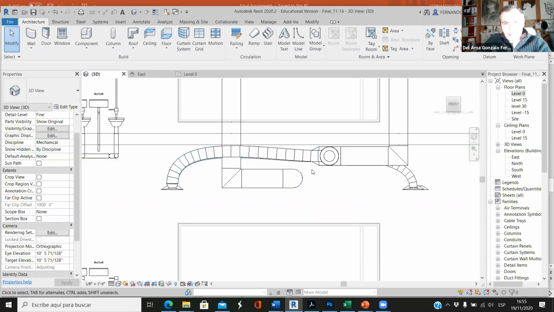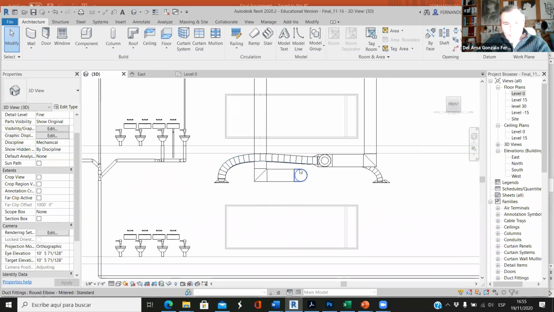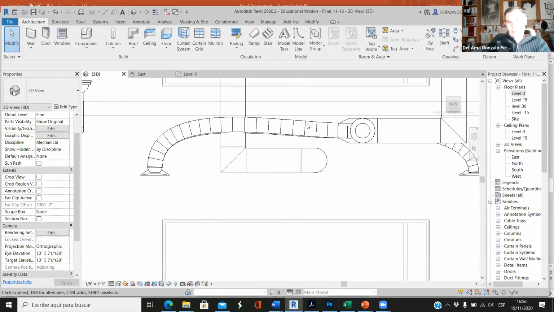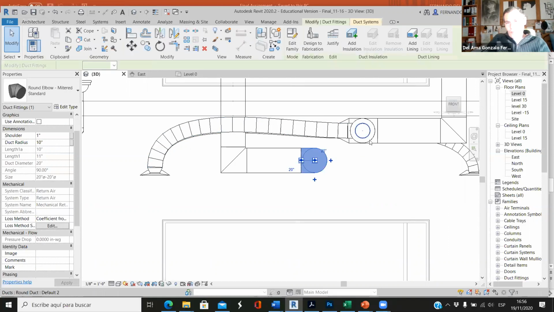But now this is the false ceiling that we need. Okay, so that's why we need to check this, because if we have to place a false ceiling, it has to be placed here. If we want to have these ducts exposed, okay, that's fine. But if we need to cover this with a false ceiling, we need to understand that this duct is lower than this one,